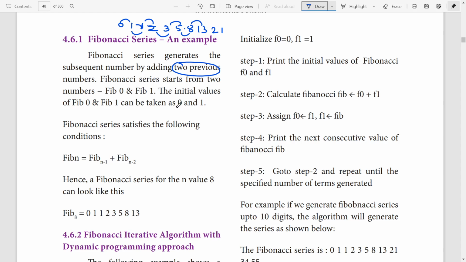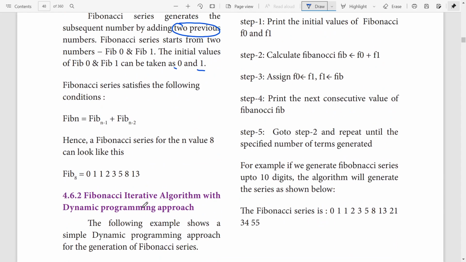The initial values will be taken as 0 and 1. The Fibonacci series satisfies the following condition: fib n is equal to fib of n minus 1 plus fib of n minus 2. Hence, the Fibonacci series for n equal to 8 can look like this: 0, 1, 1, 2, 3, 5, 8, and the eighth value will be 13.